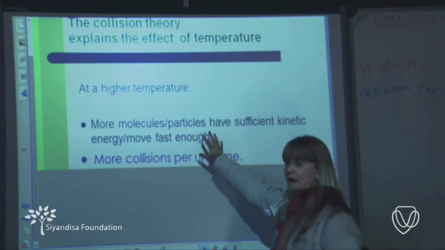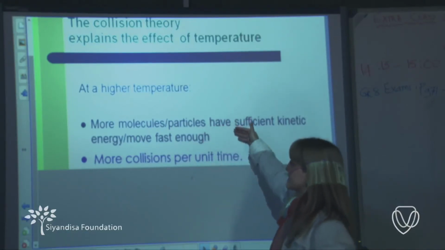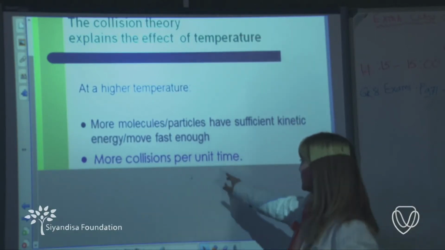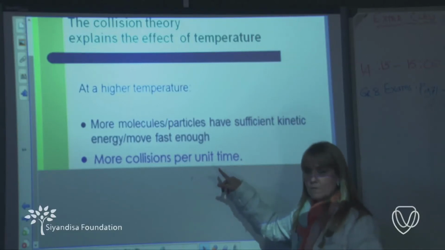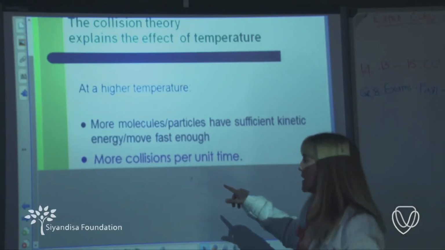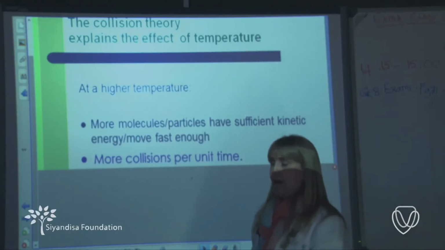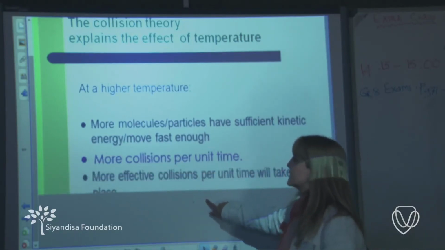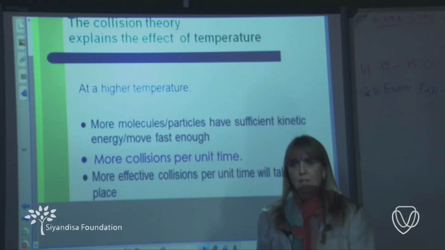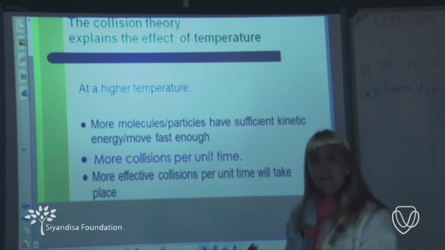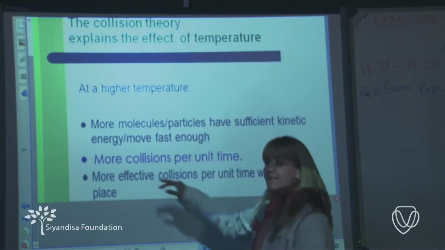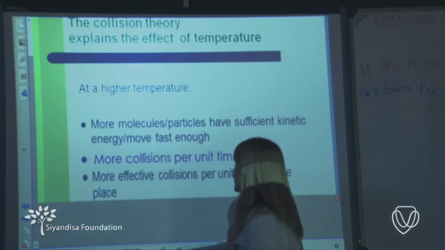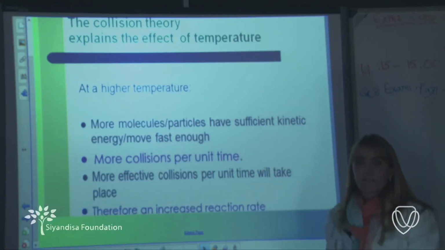which means by increasing temperature, I increase kinetic energy. When I increase kinetic energy, there will be more collisions in the same amount of time. Please make sure you put in per unit time, because remember we're talking about reaction rate, which is per time. So there are more collisions per unit time. Now, if there's more collisions, it obviously means that there'll be more effective collisions per unit time. Not just collisions, but effective collisions per unit time. And what does effective collisions bring about? A chemical reaction. So if I have more effective collisions per unit time, I will have an increased rate of